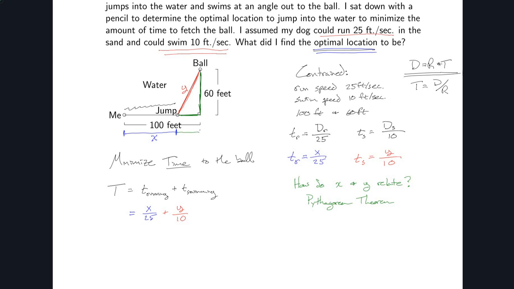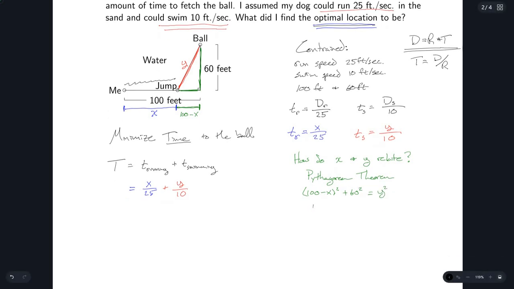So I'm going to start by recognizing that this distance that I'm drawing right now in green is 100 minus x. And that's really key that we recognize that distance in terms of x, because then we can say that (100 minus x) squared plus 60 squared is going to equal y squared. So we can say that y equals the square root of all of this, and I'll pull this up. I'll show you how I want to